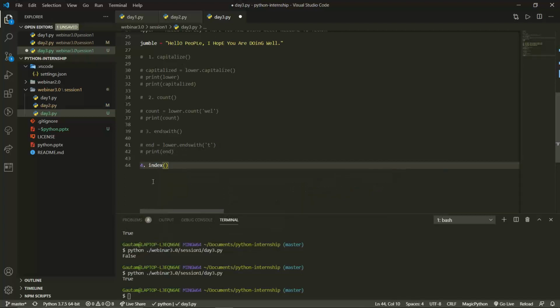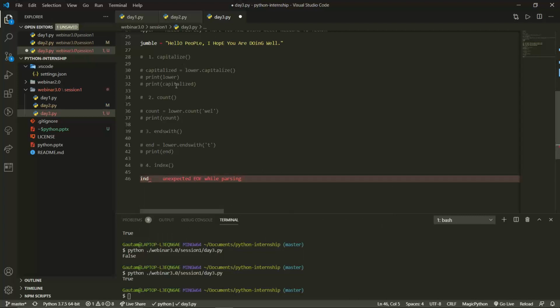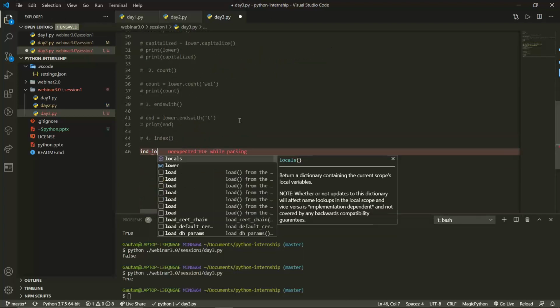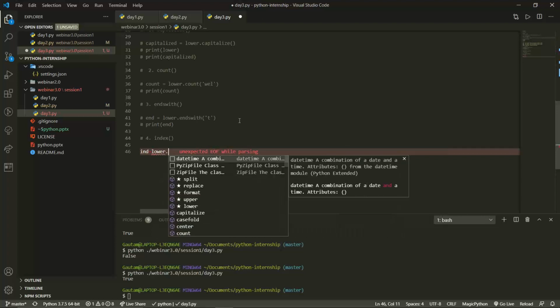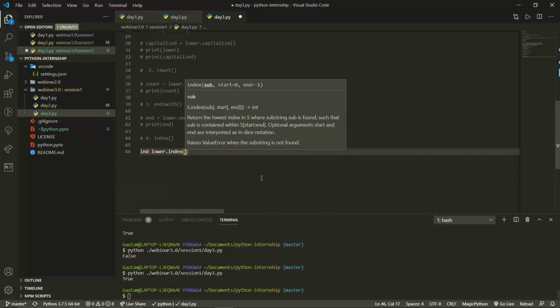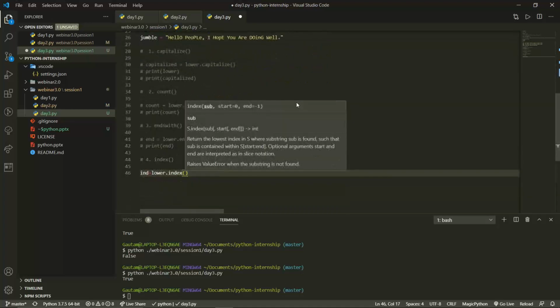Index. Now let us take this lower dot index of. Now for example, I have welcome only once.